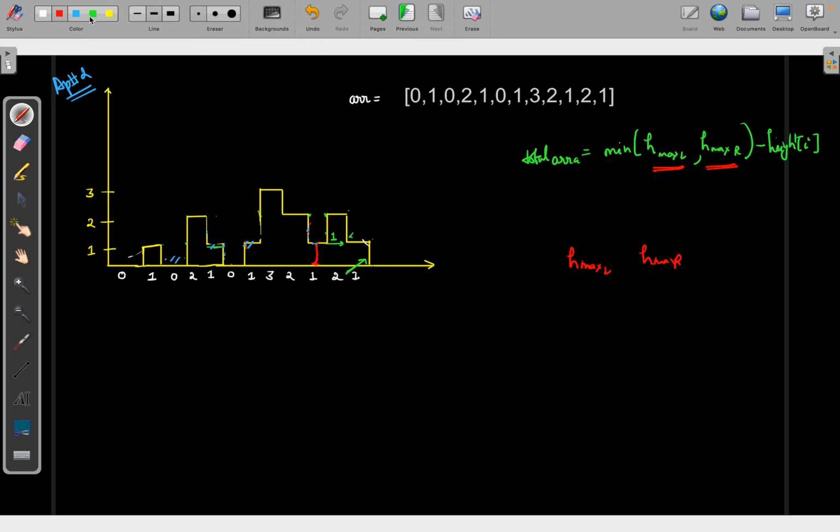Okay, what will be the deciding factor for my height of the water? What will be the deciding factor of height of the water? It can be either maximum left or maximum right. Okay, it can be either maximum left or maximum right. So